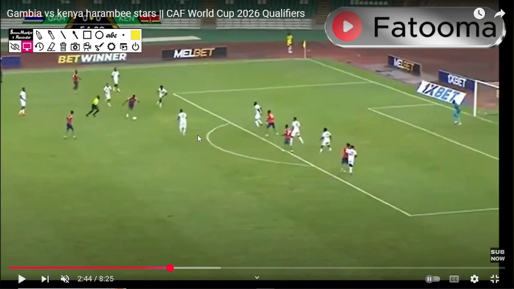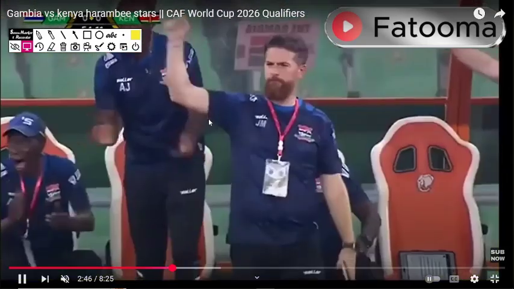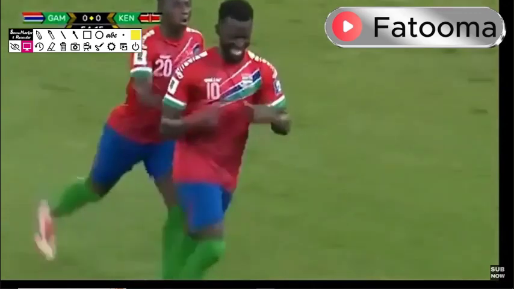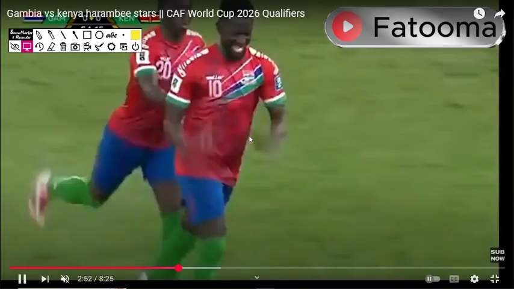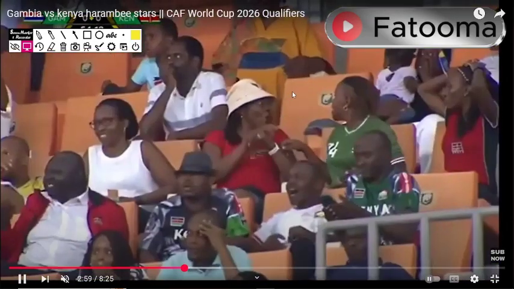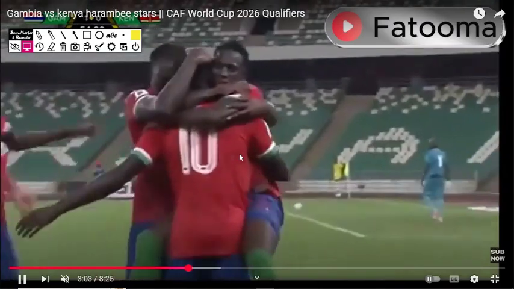He is moving and he seems to want to take a shot. This is why they say you miss 100% of the shots you don't take. Now just imagine if he didn't take this shot, because that is a golazo. What a hit. What a hit. The coach is happy. He is happy. That is a wonderful goal. Oof, look at that. Like everyone is shocked. How did that go in?